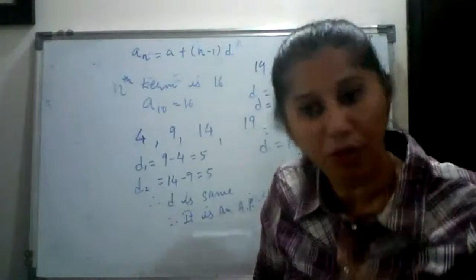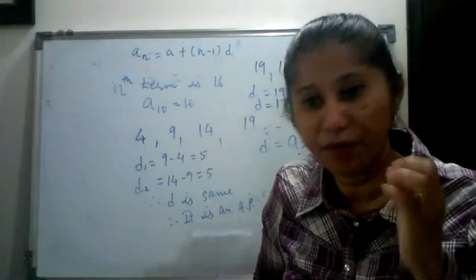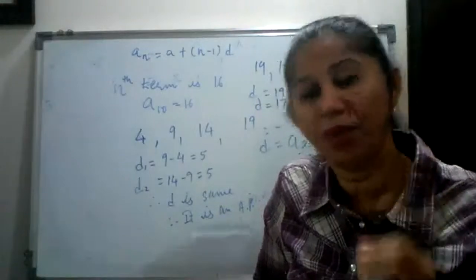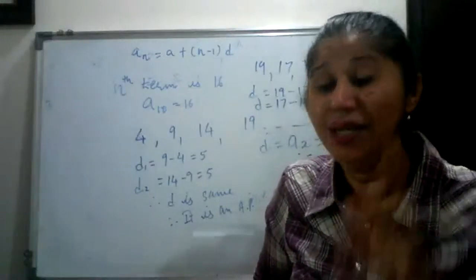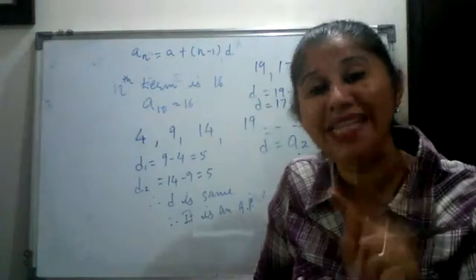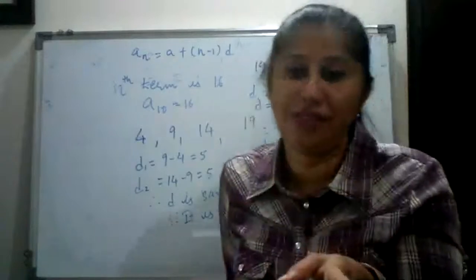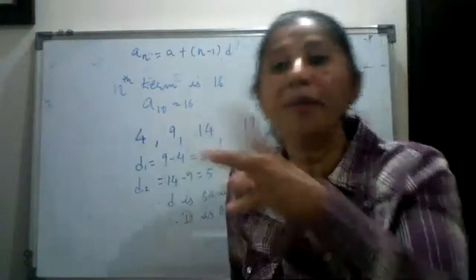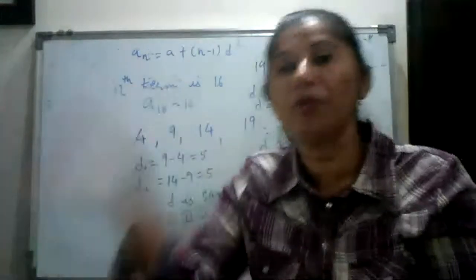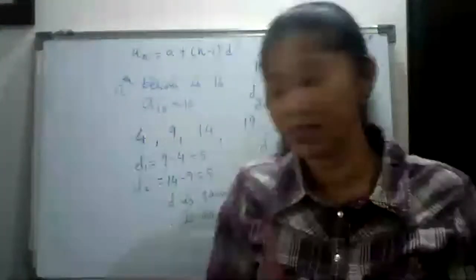granted। I hope this is clear to all of you, perfectly समझ में आ रहा है, ये बहुत ही important concept है, प्लीज इसको याद रखिएगा। It is not first minus second, D is second minus first, okay, D is third minus second, D is fourth minus third, okay, so please इसको याद रखिएगा। So we'll be doing the sums on this question based on this formula।